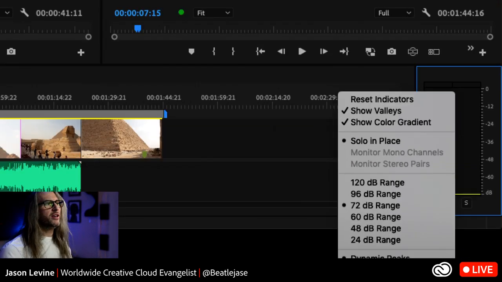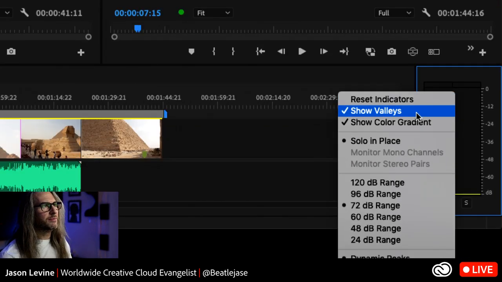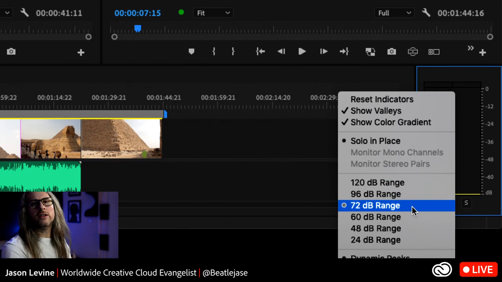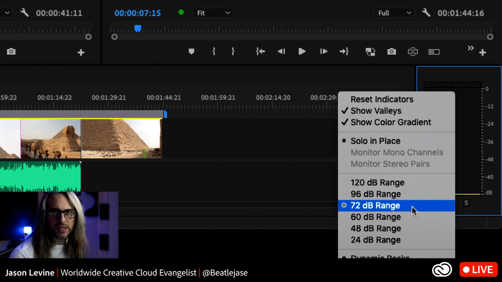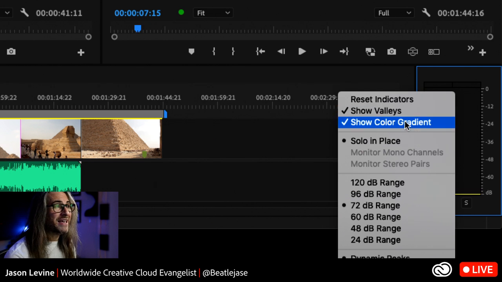Oh, and by the way, I always tend to forget to point this out. I love all the control. You'll see this exact same control that we have in Audition as in Premiere, showing a color gradient, your actual viewable decibel range. This is particularly useful in a review process, especially if you're working with lots of dialogue and you know that you're probably going to have to use something like our auto match control because the levels are all over the place. I usually do a default of a 72 dB range